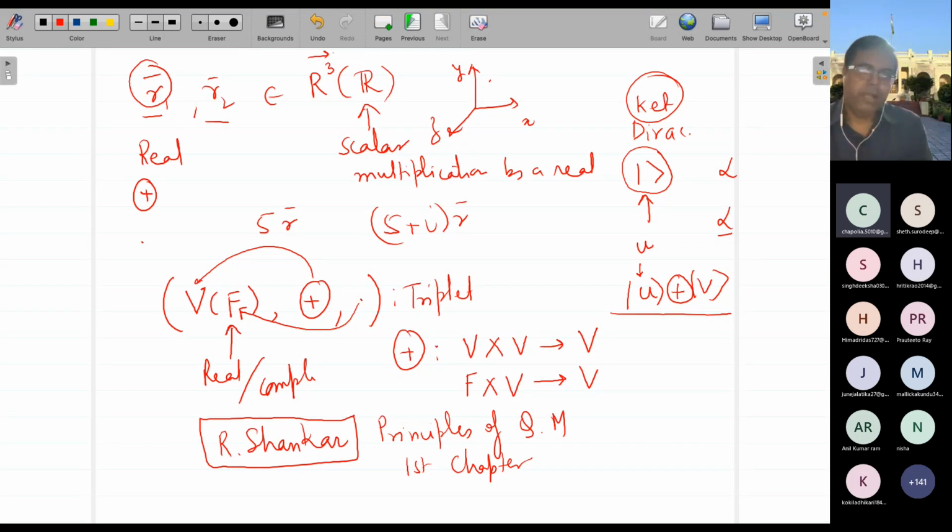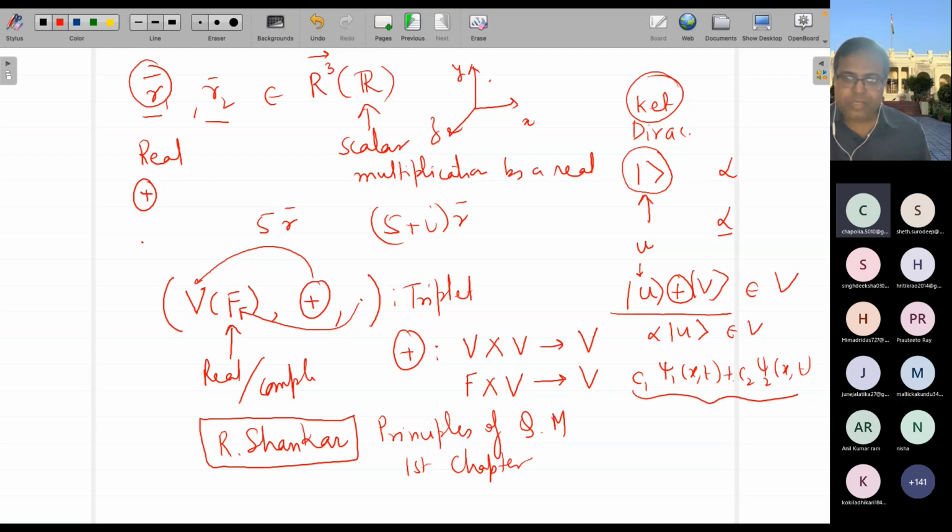One thing you are clear about is that we cannot live in real vector spaces, because we are going to deal with complex ones. And I am pretty sure at this time you understand why I want u plus v to be in my vector space and alpha times u to be in the vector space, because of the same reason that we discussed with this wave function. Remember the principle of superposition? This also is the wave function which is the solution of the Schrodinger equation. So if xi1(x,t) is identified as u, xi2(x,t) is identified as v, and alpha is identified as the complex coefficient,